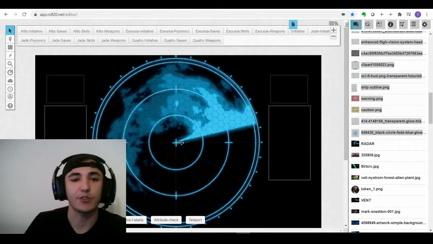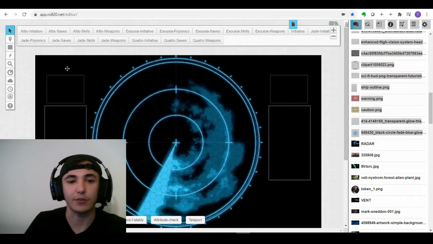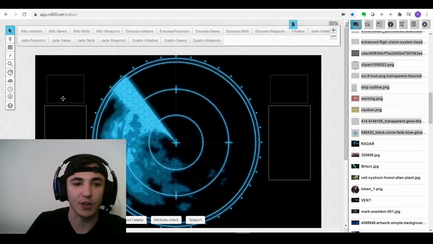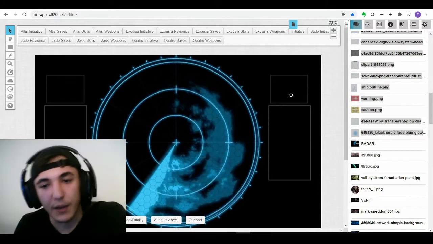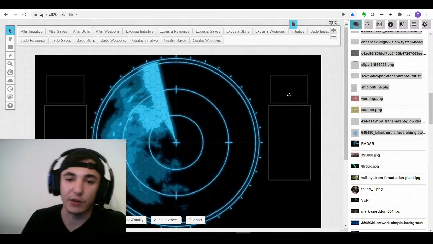Once you're done with that, you're going to make 2 more just underneath each. Now, the left-hand side, we're going to use this as a master caution area. The right-hand side, we're going to use this as a master warning area. Now, you can do this however you want, but